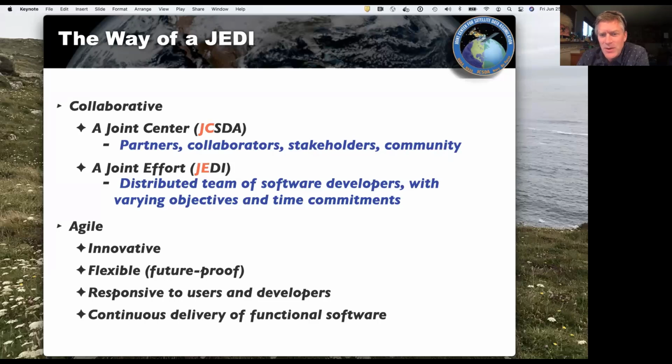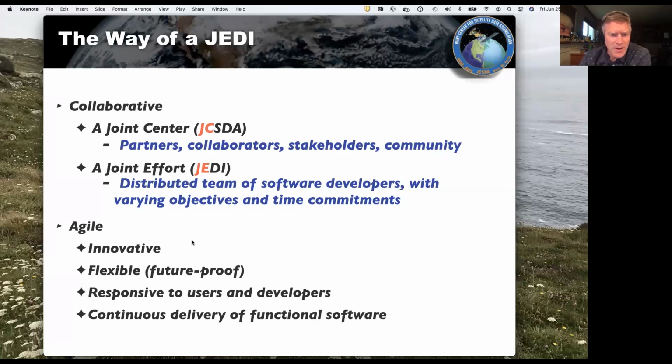So everybody has their own deliverables and goals that they want to accomplish with JEDI and their own uses of JEDI. So it's a flexible, diverse environment, and to approach that type of environment, we use modern software development practices, and that usually means agile software development or project management.